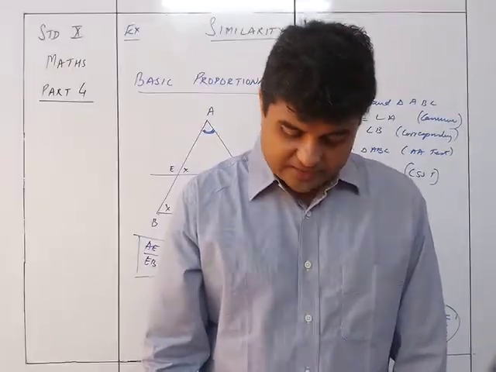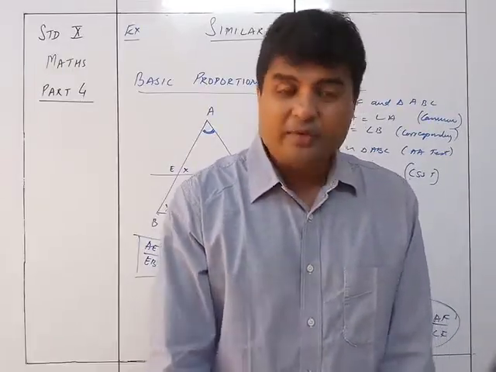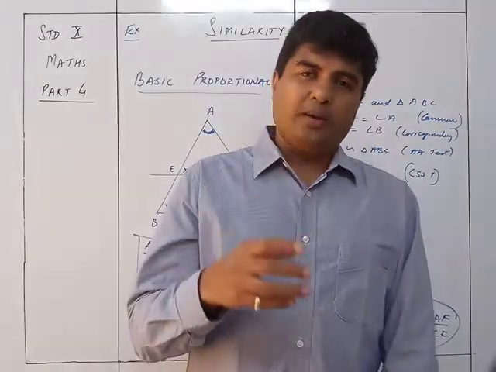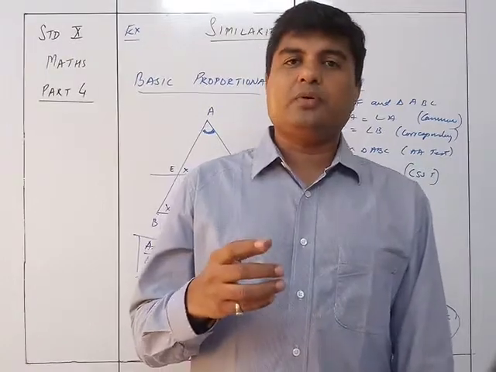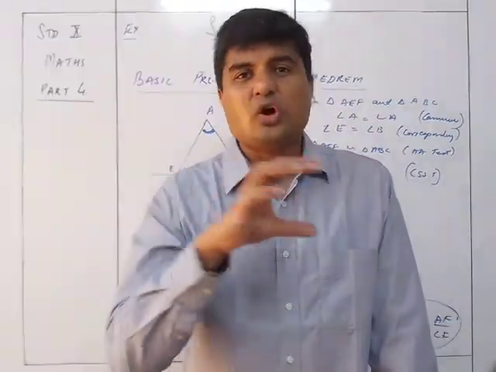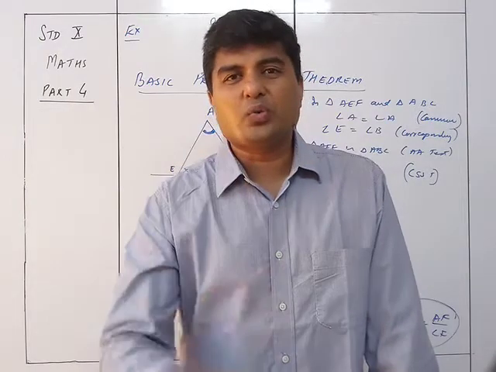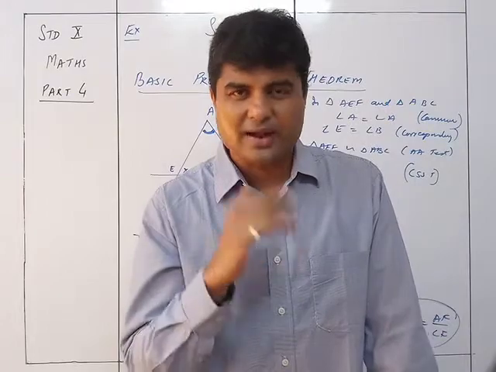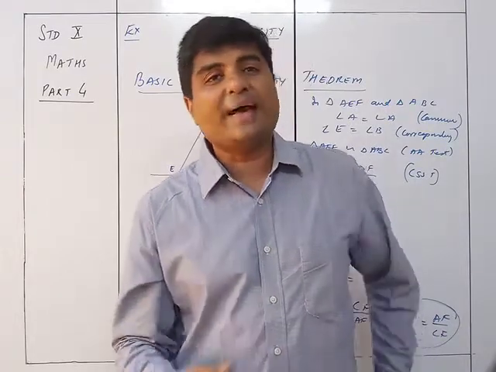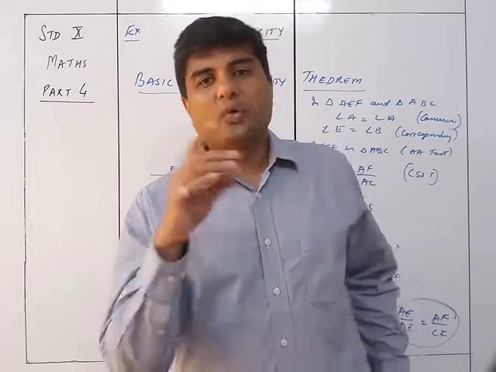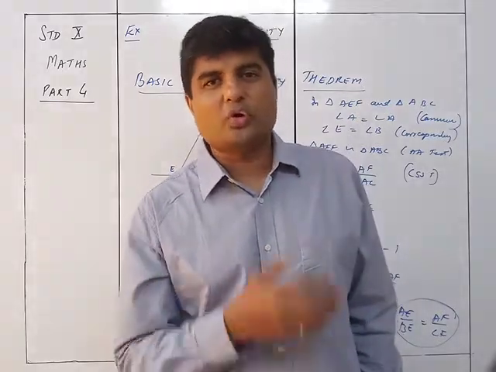Yeah, very easy theorem as such, and when you are using the basic proportionality theorem, you don't need to prove the two triangles to be similar. So it saves your time of proving the two triangles to be similar. So if you just know that the lines are parallel to each other in a triangle, then you can directly use basic proportionality theorem and sort it out, rather than proving the two triangles congruent, proving them similar, and then showing it.